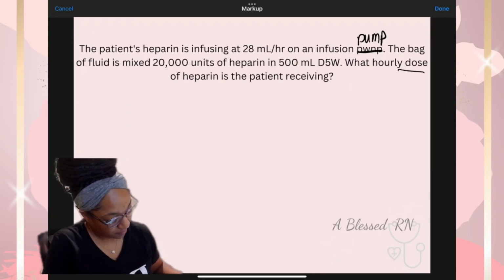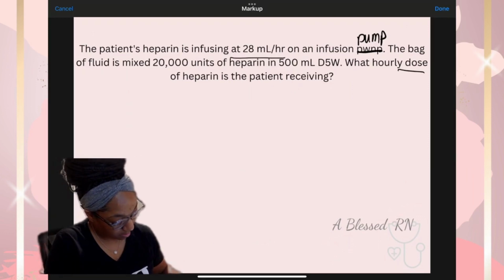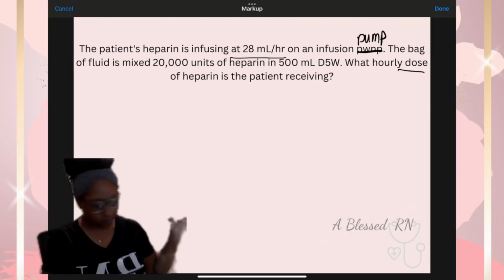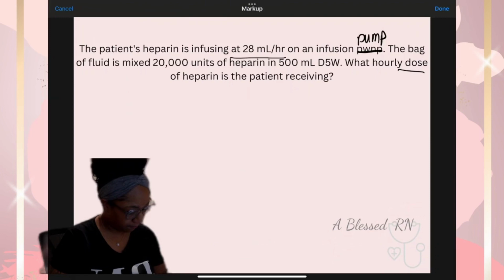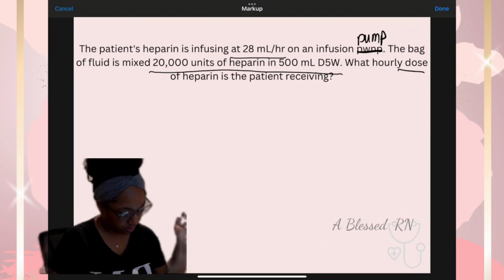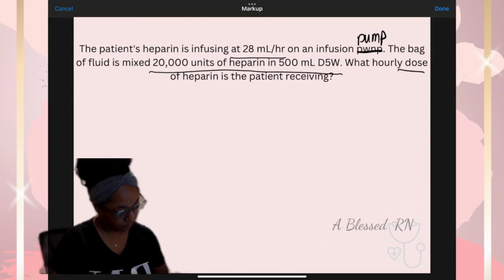So we are given the rate right here, which is 28 mLs per hour. And then the fluid is mixed in this bag, so that's your prescription. And so we're looking for what? How many units, right? Because we have how many mLs, we have the medication, and then